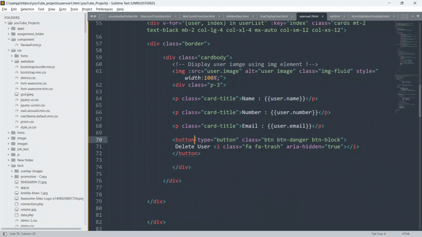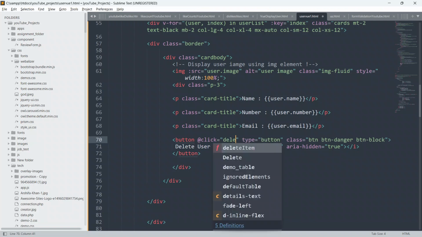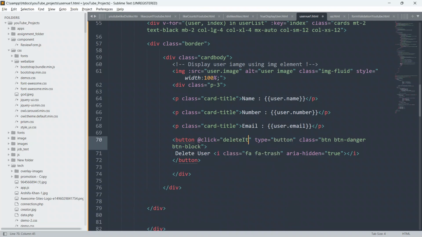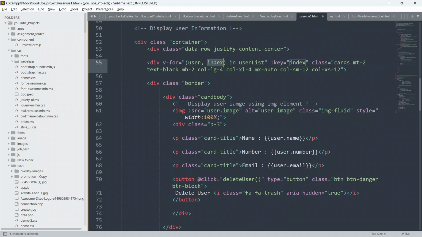So go to the button, and I will say @click equal to, I will define a method here, and I will say deleteUser. And I will pass here this index. As you all know, index is generally used to grab a specific user position in the array.